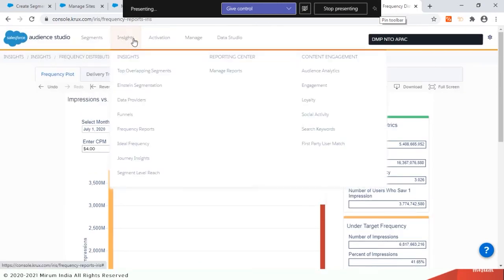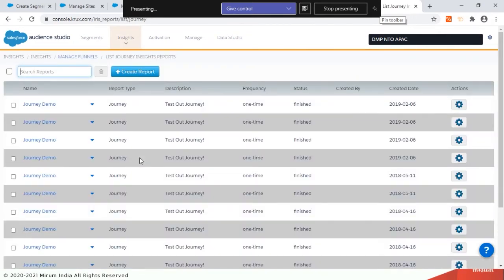From the reporting part, there is another interesting piece. As a marketer, we keep on creating ads, creating content, and we keep on serving those particular ads to our end customers in a particular sequence. But which is that exact sequence which will actually give us a good conversion? We looked at the number of times an ad should be shown and what's the exact number which will give us a good conversion. That's one success criteria. Another thing which will play a good role is in what sequence those ads should be shown.